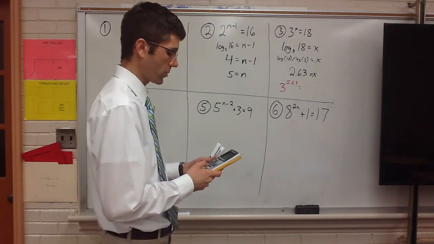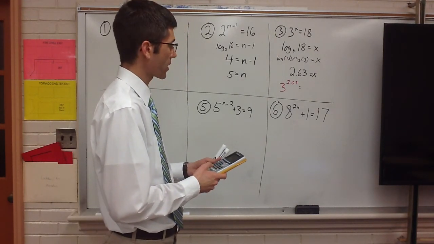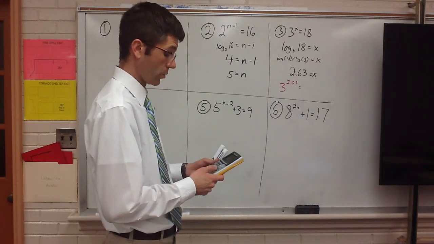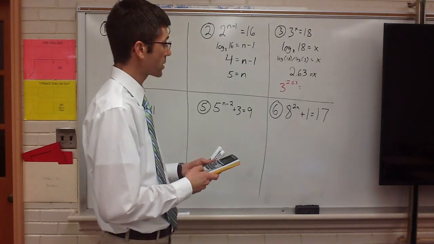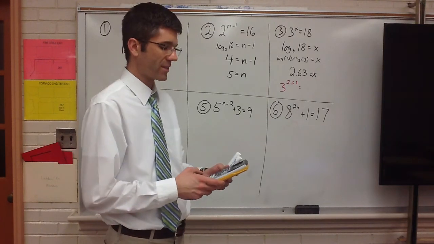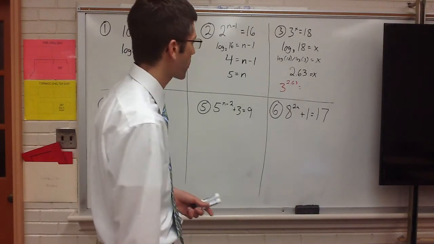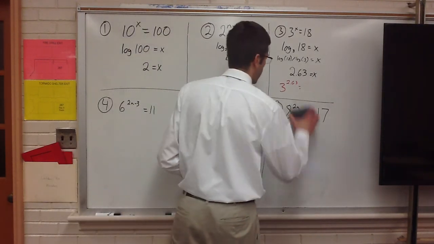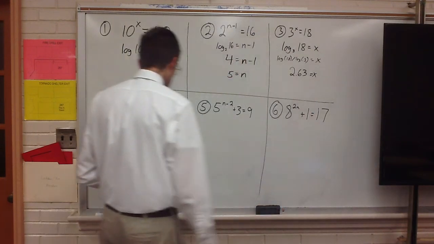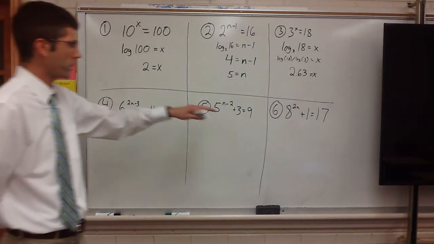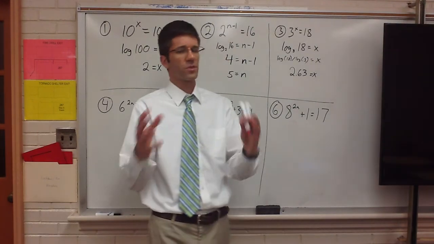So we had 3 to the 2.63. And yeah, I got 17.98. Two pennies off. Close enough. Okay, again, exponential form, exponential form, exponential form, and based on the two hints you see up at the top,